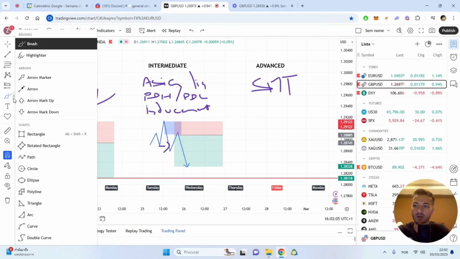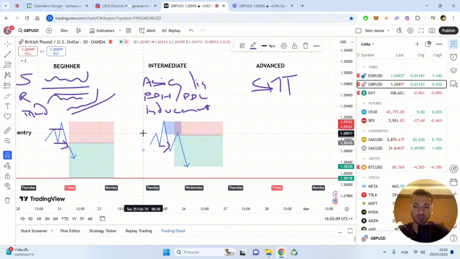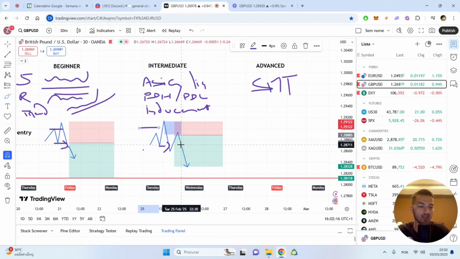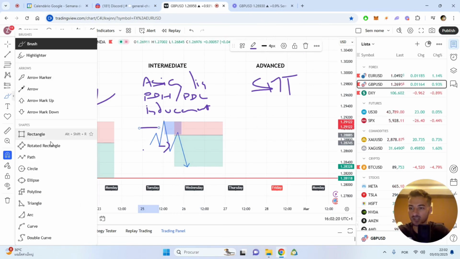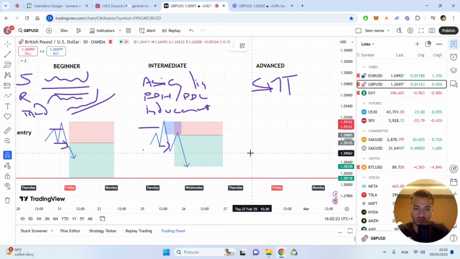Because that's just how everyone trades. And that's just how smart money traders are looking to trade right now. Sweep of liquidity, breaker structure, place themselves on an order block, and that's just it. So for you to be on an advanced level, you have to be a little smarter in a sense